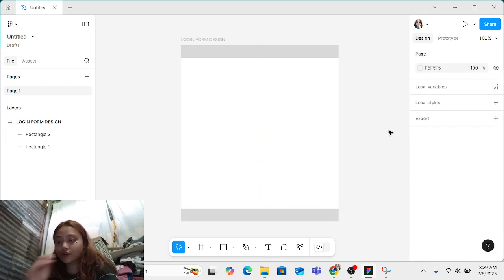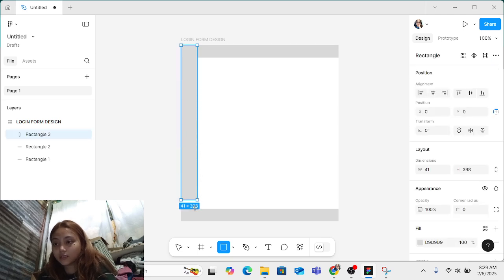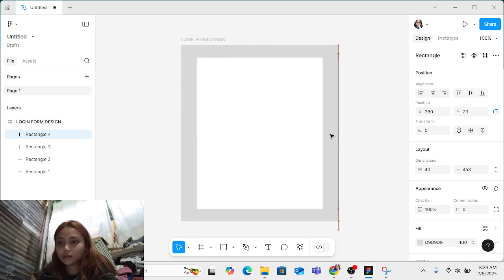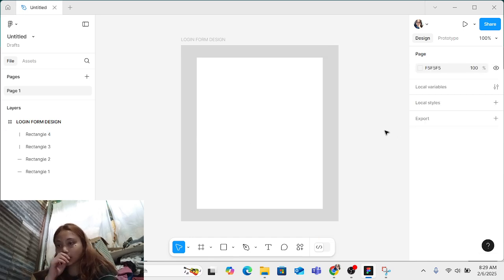Next. So we already have the size for the top. Next is the size for the height, which is 40 for the margin, I mean. There. Oh, okay, let's put it to 40. There. Then, same as the first one, let's copy and put it across. So after that, so we know the sizes.